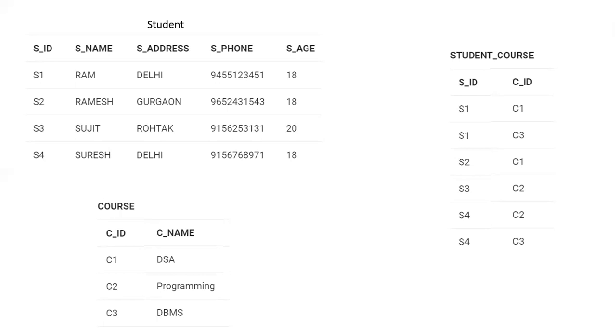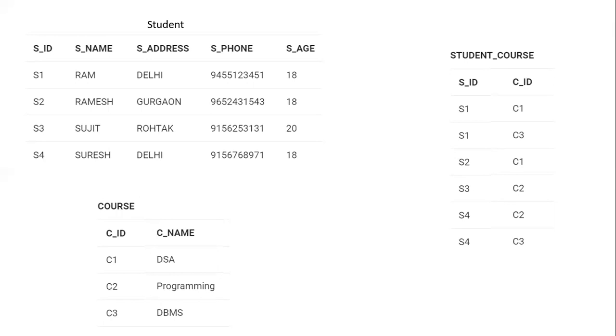So what we do here first, we will select the tuples from the course table which are having the course name DSA and the DBMS, right? So we will first write a query to select the tuples having the name DSA or DBMS, and from these selected tuples we will extract the attribute course ID, means C1 and C3. We will get the course ID C1 and C3.